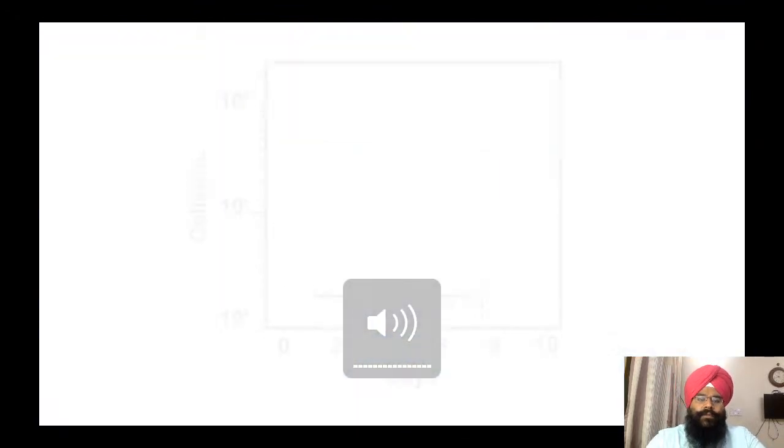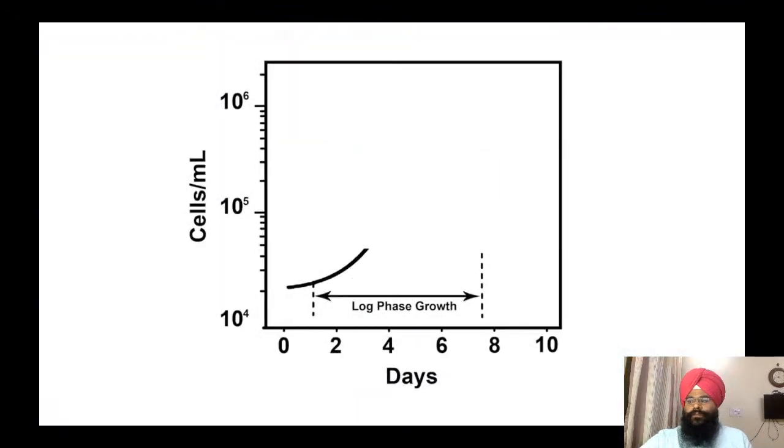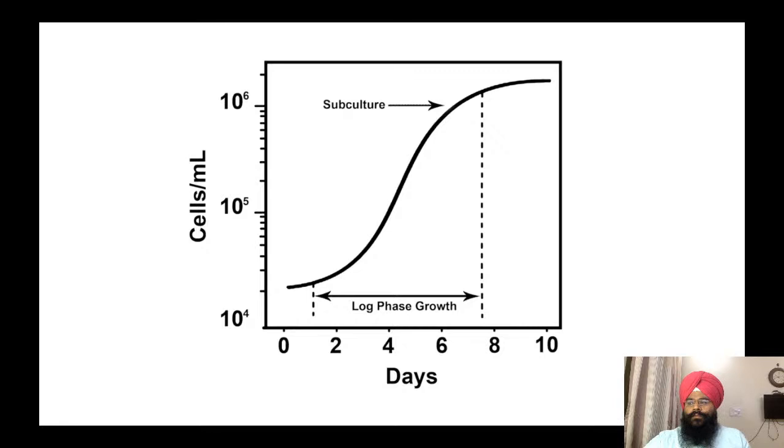The growth of cells in culture follows a standard pattern. A lag after seeding is followed by a period of exponential growth called the log phase. Cells should be passaged when they cover the plate, or the cell density exceeds the capacity of the medium. Maintaining log phase growth will maximize the number of healthy cells for your experiment.